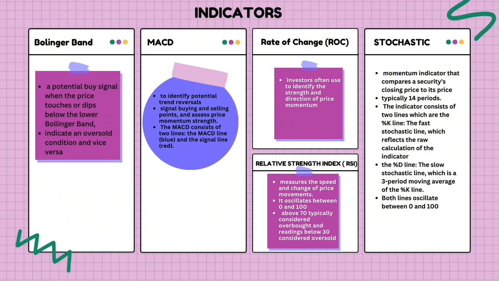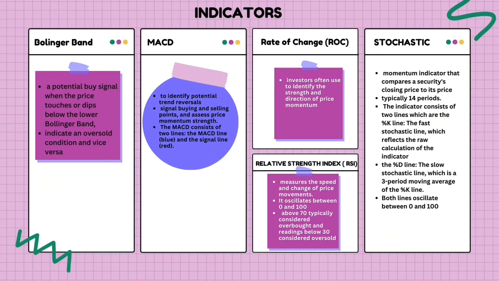the signal line, which is in red color. The ROC, rate of change, indicator is a momentum oscillator that investors often use to identify the strength and direction of price momentum. The RSI, relative strength index, is a momentum oscillator that measures the speed and change of price movements. It oscillates between 0 and 100, with readings above 70 typically considered overbought and readings below 30 considered